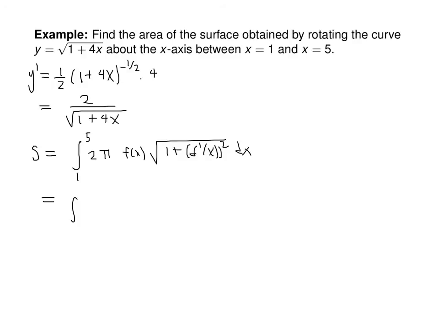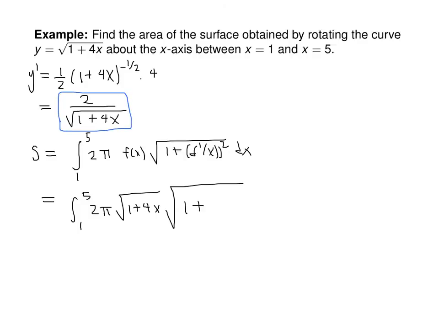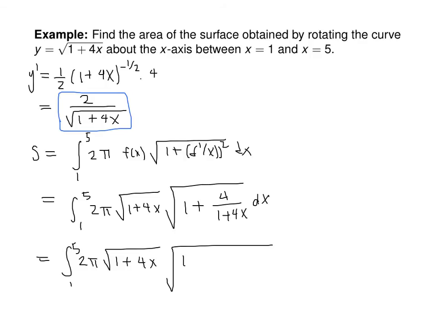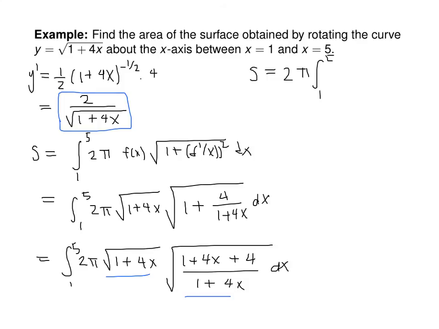So in this particular case, we'll have an integral from 1 to 5, 2 pi times the root of 1 plus 4x times the root of 1 plus this expression squared, and that expression squared gives you 4 over 1 plus 4x dx. And like the previous example, we find a common denominator inside that second root. So 1 to 5, 2 pi root 1 plus 4x times the root of 1 plus 4x plus 4 over 1 plus 4x dx. And just like in the previous example, this will cancel with that, leaving us with the surface area equaling 2 pi times the integral from 1 to 5 of the square root of